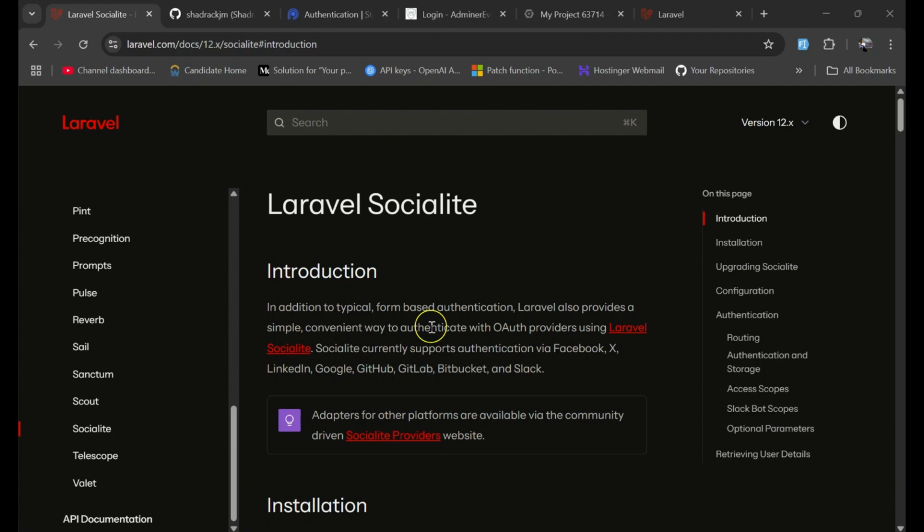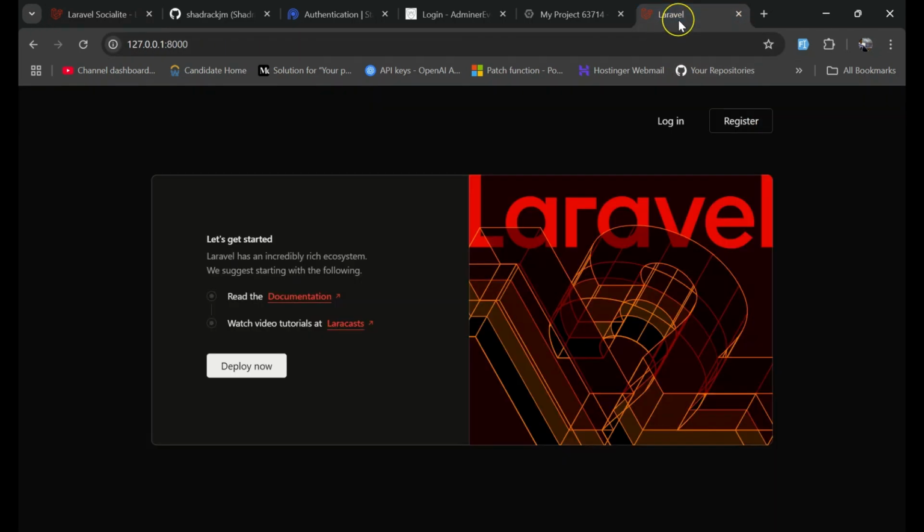So that is the simplest way I can explain this, and without wasting more time, I want to show you what we are going to build, and then we will start to build it. So here is the sample application that we are going to create. This is a Laravel 12 application that I have created with a starter kit